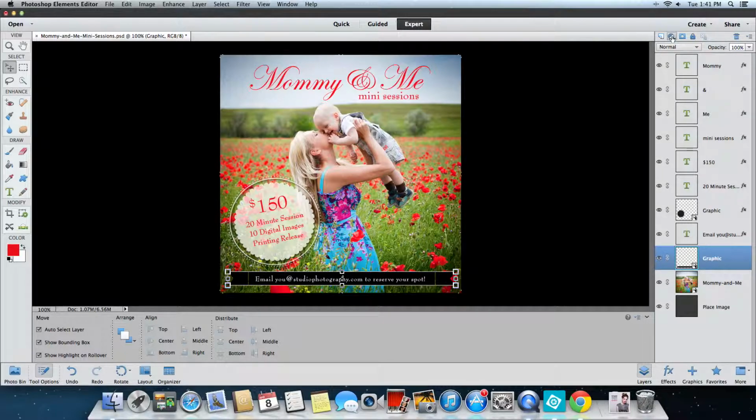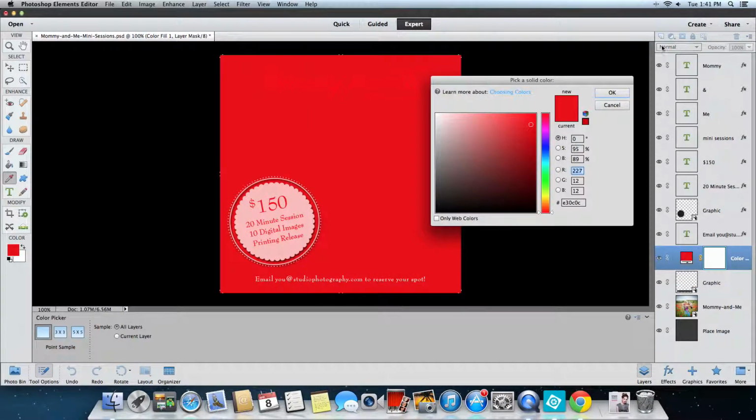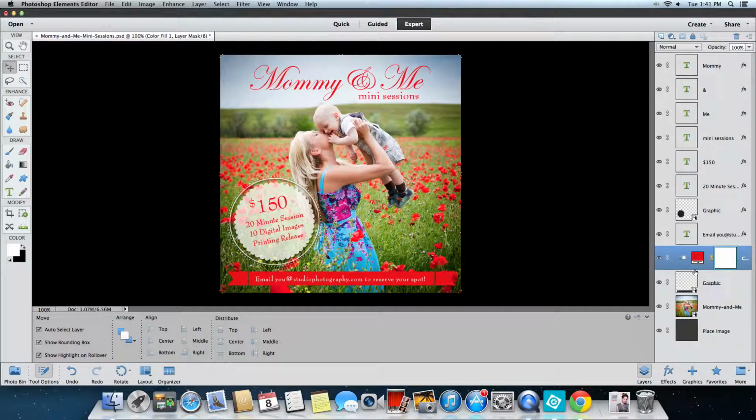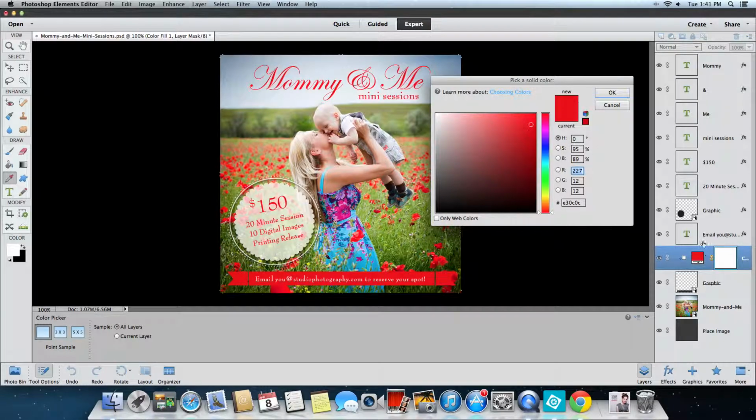So we're going to go up here to our new fill layer and pick a solid color, and then I'm going to click OK because I kind of like this red color. Then in between this color layer and the graphic layer, you want to hold down your Alt or Option key until this little icon pops up, and then you're just going to click with your mouse and that will clip it down. So then if you want to change it from red, you can double click on this red box